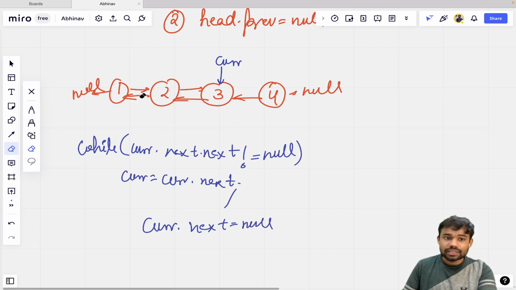And when I make this current dot next equal to null, you can see